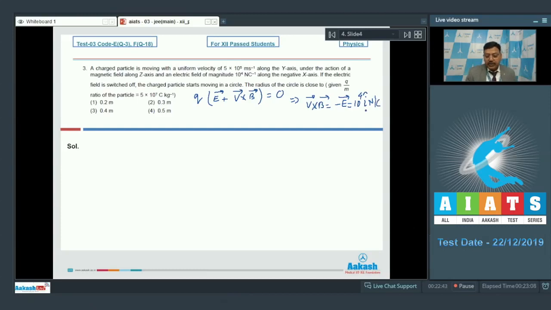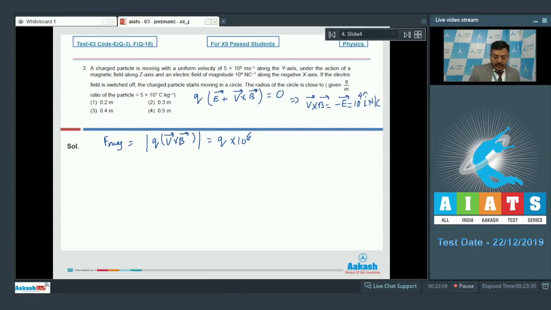That's the direction of V cross B, and which means the magnitude of magnetic force on the particle, which is mod of Q into V cross B, assuming Q is positive, is Q into 10 to the power 4